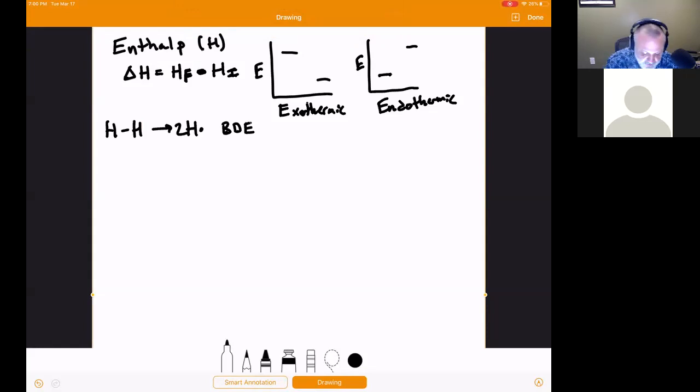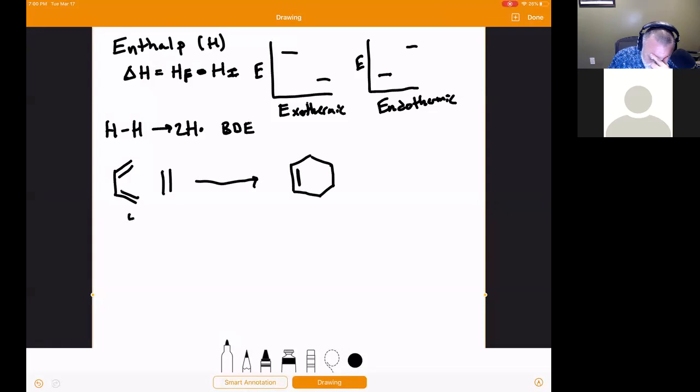And one of the things that we can do is we can usually get a handle on whether or not a reaction is endothermic or exothermic by looking at the different bonds that are formed. In this reaction, we have 1, 2, 3, 4 sigma bonds and 3 pi bonds. That's on the reactant side. And on the product side, we have 1, 2, 3, 4, 5, 6 sigma bonds